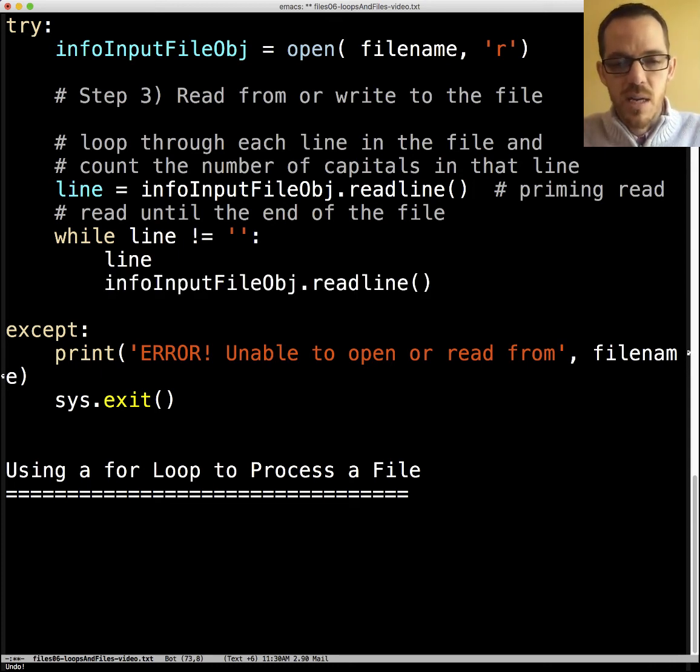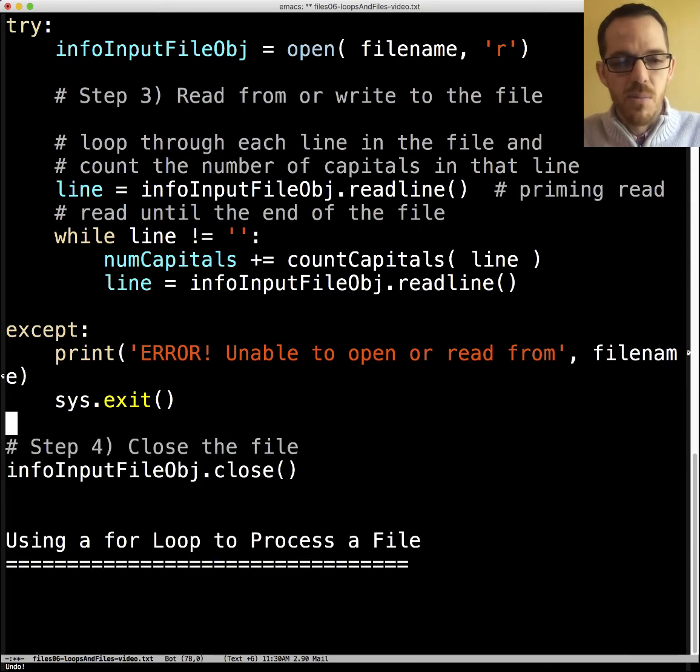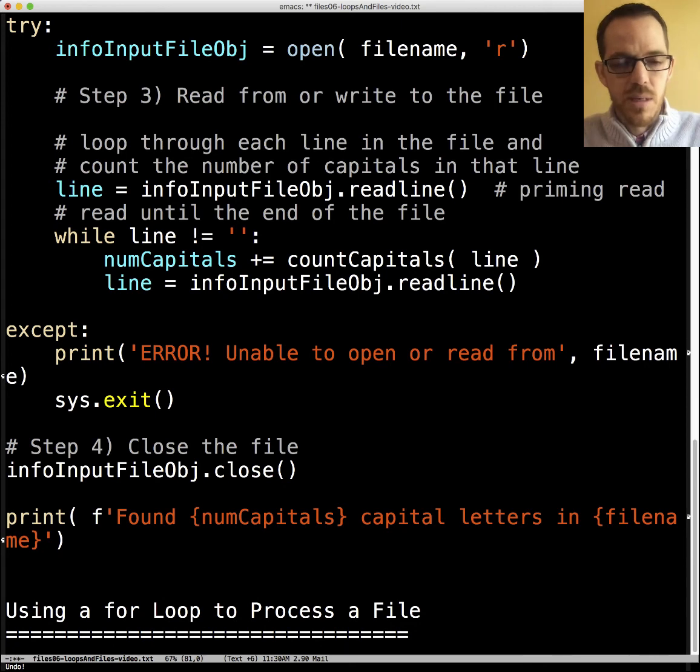So let's read another line, assign it to line so that our while loop will work. Now let's say we're going to pass it to count capitals, and then that's going to return the number of capitals in that line. And so then we can add that into our count of num capitals. And there we go. We close the file,